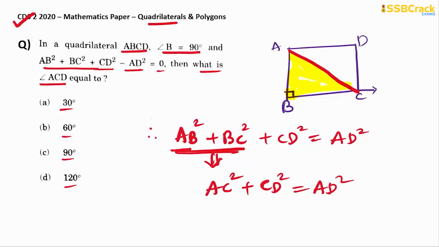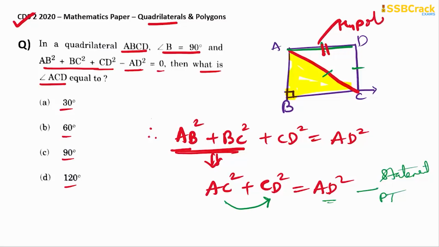So what is this implying to you? This is implying that the sum of squares of two sides in a triangle, that is AC and CD, these are two sides in a particular triangle, their sum of squares is equal to AD square. So this is the statement of Pythagoras theorem. Whenever you have this situation in a triangle, that the sum of the squares of two sides is equal to the square of the third side, then it has to be a right angle triangle. So what is the hypotenuse? The hypotenuse has to be this, as per the statement.